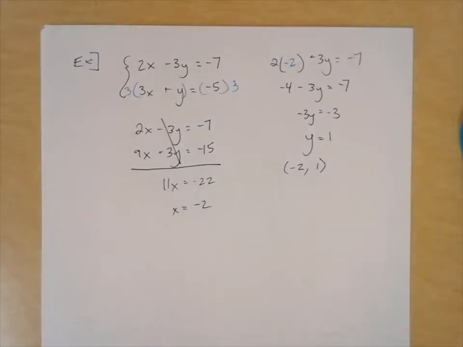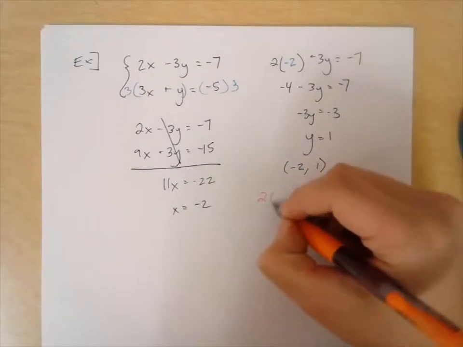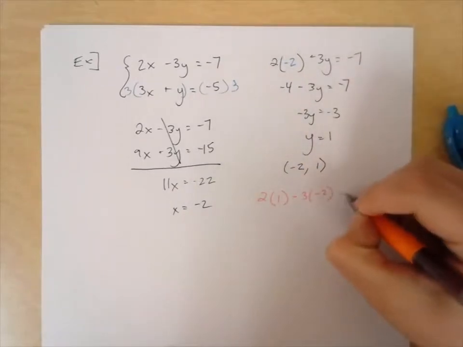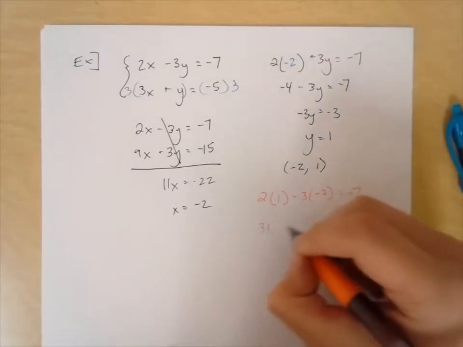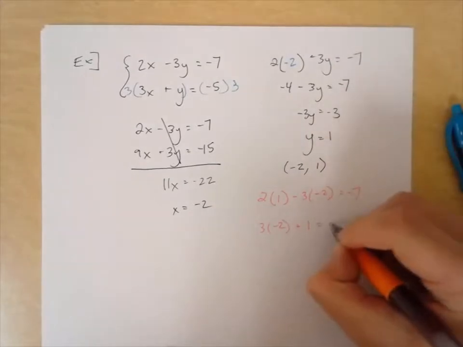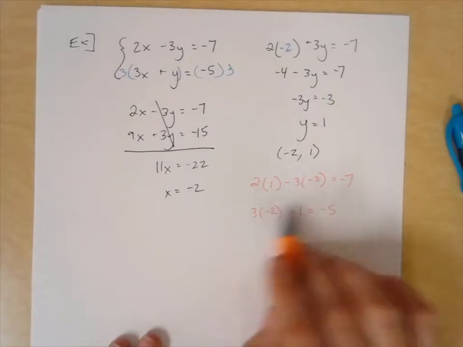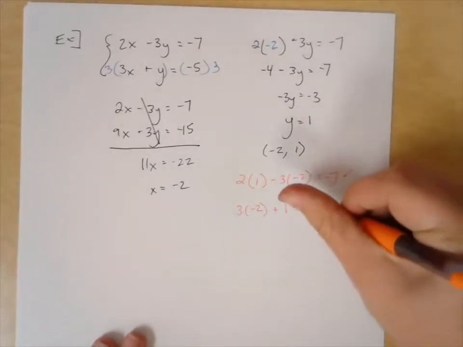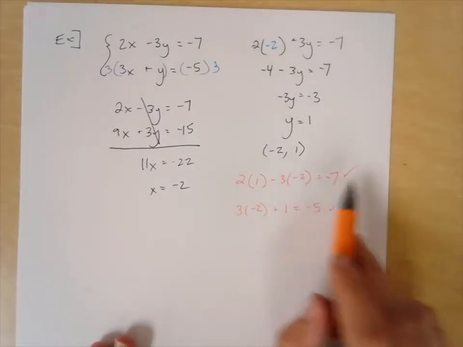If we check that solution back into our original system, we get 2 times 1 minus 3 times negative 2 equals negative 7. And we get 3 times negative 2 plus 1 equals negative 5. And when I throw these sides of the equations into my calculator, I do find that these work, right? 2 times 1 is 2, plus 5 is,